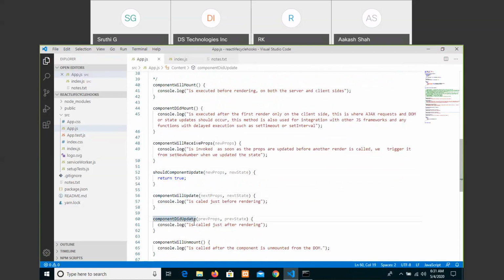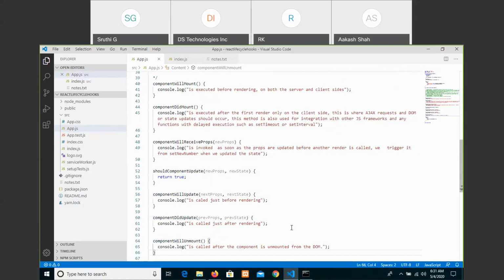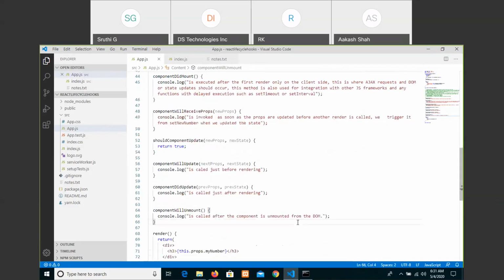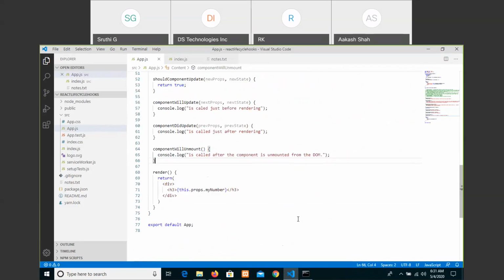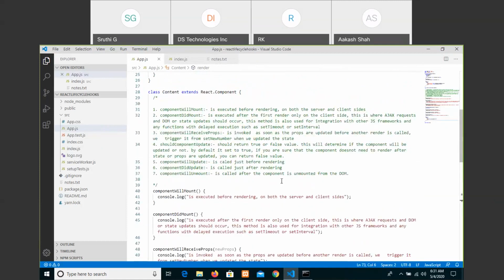Then will update, did update. Finally, unmount is called after the component of DOM is executed. So like this, you can just place all the functionalities at one place to see how these are all working. Okay, and with this, we are done with the concept of